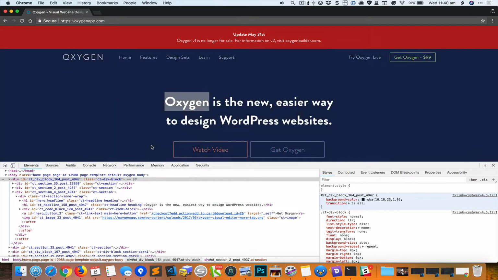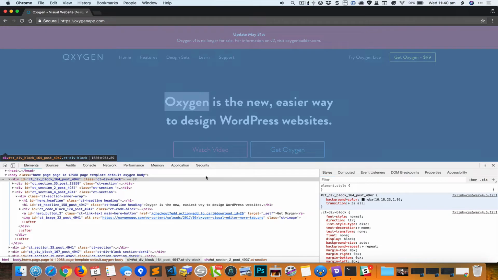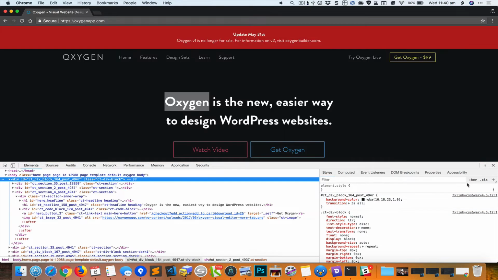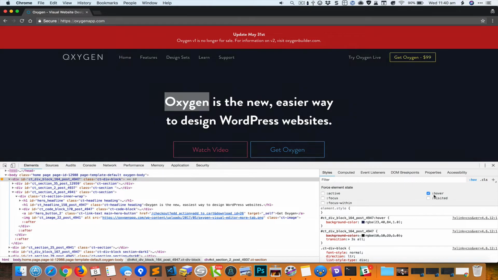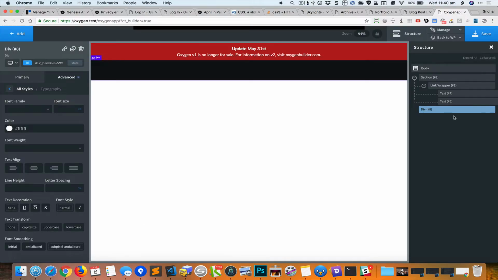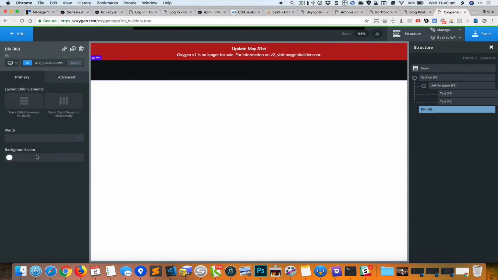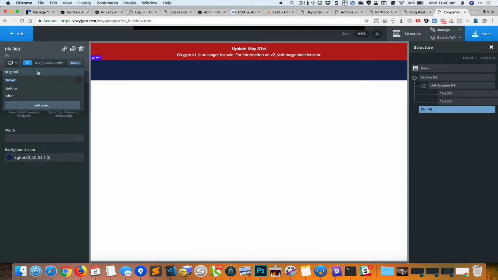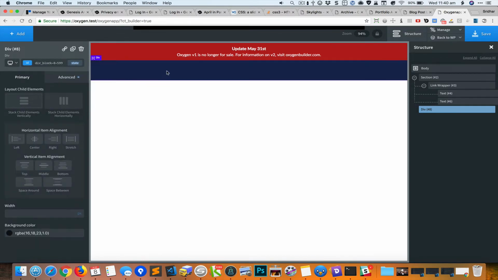Okay, and you can see that when I put my mouse over, it's changing to blue. So let's select this div, and I'm going to go to hover state, and you can see that the background color is changing on hover for the div. So I'm going to go to state, change it to hover, and put in the new background color. I'll go back to the original state, and you can see that it changes on hover,